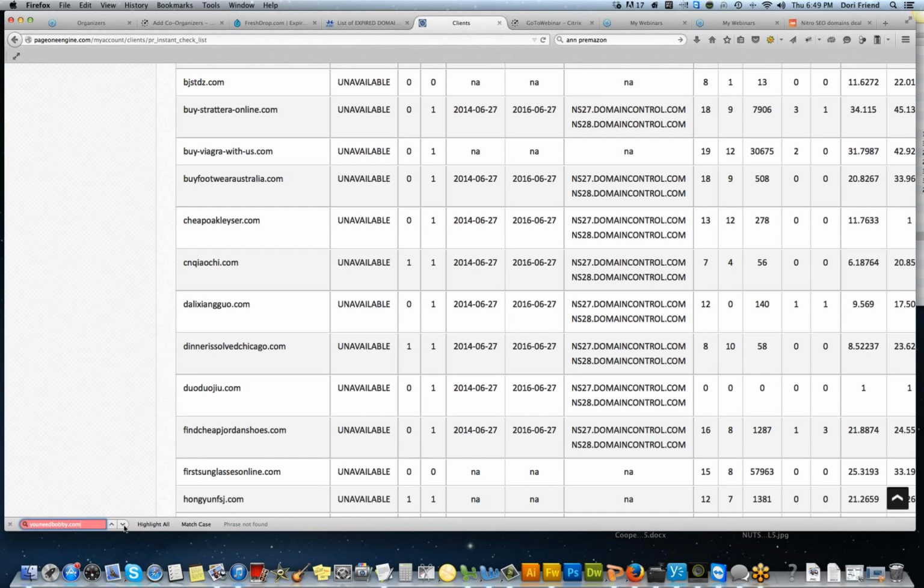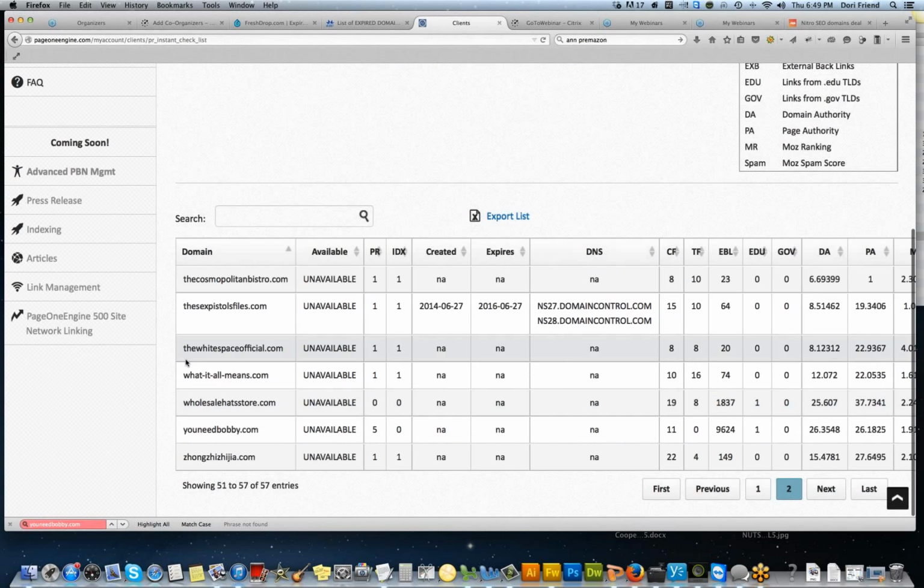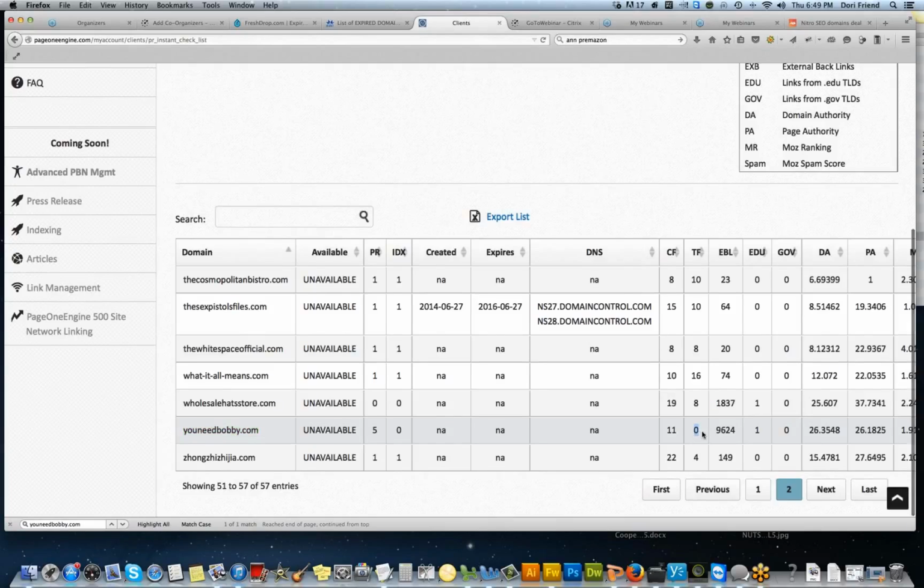And let's push. Oh, this one didn't come in. Maybe it's on the second page. There we go. And this, too, has no trust flow. So that's kind of unfortunate. So I am going to